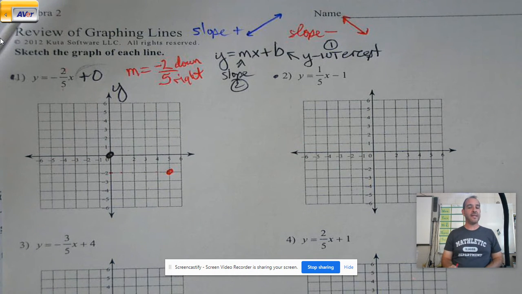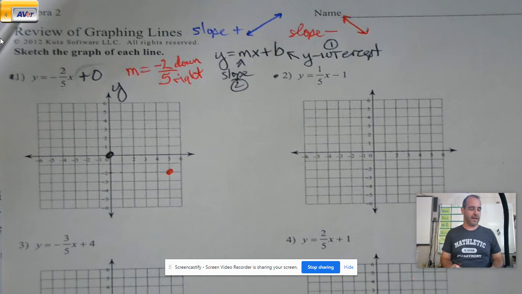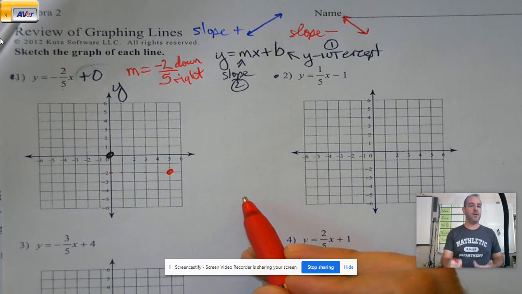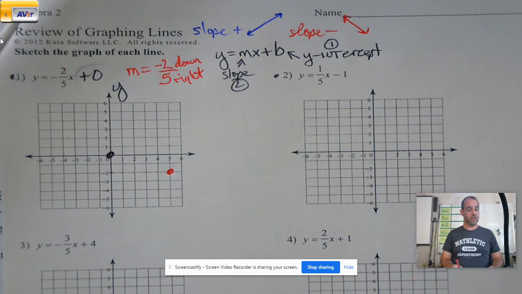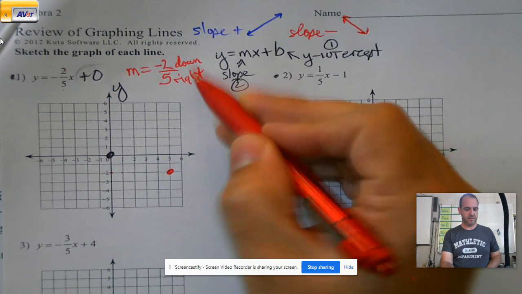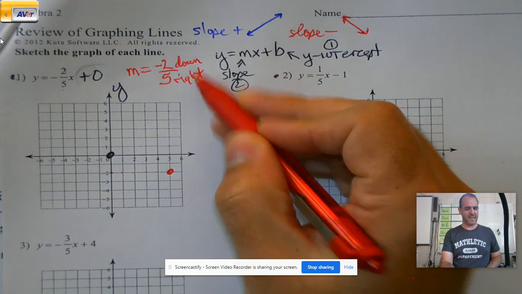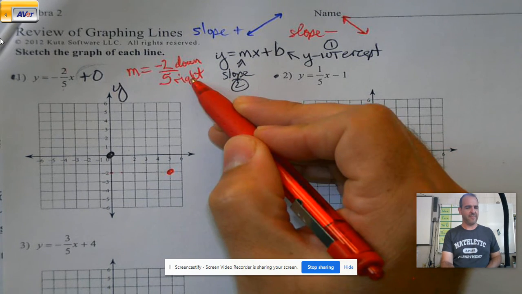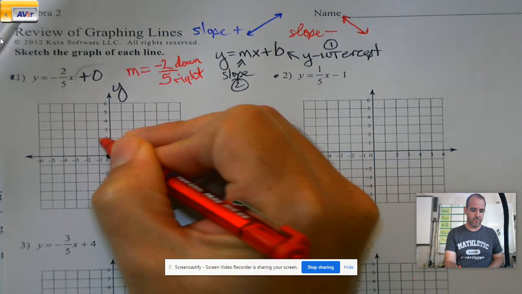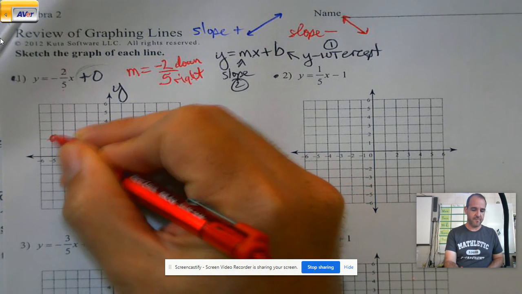Now, typically, we like to get 3 points for the line. Well, why? Well, what if I screwed one of them up? I'm really not going to notice. But if I try to go 2 down and 5 right again, I'm going to be way off the chart here. I guess I could do that, but what do I do otherwise? Which is a good question. What you can also do is the opposites of both of these. You're like, wait, what? So you mean like go 2 up and 5 left? Yep. If I go 2 up and 5, 1, 2, 3, 4, 5 to the left,